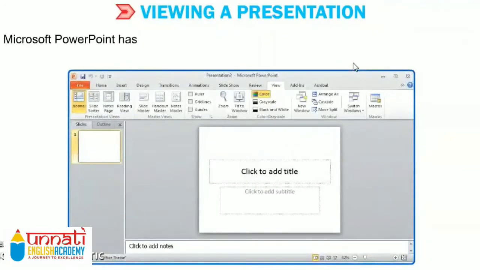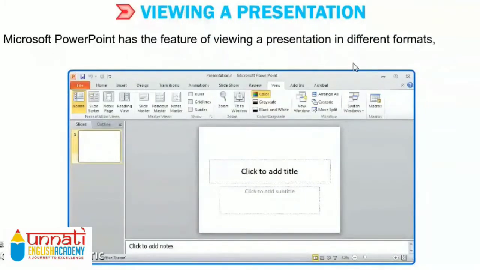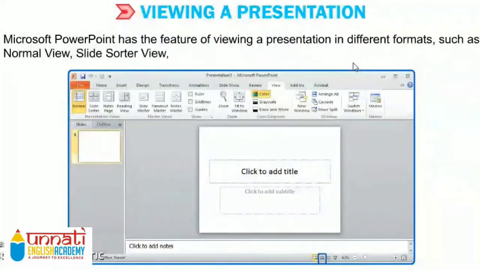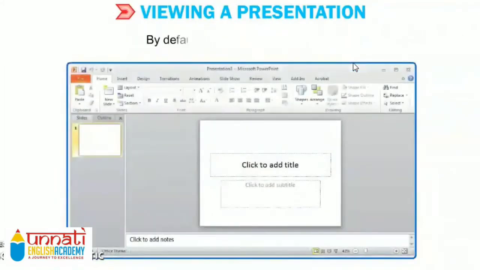Microsoft PowerPoint has the feature of viewing a presentation in different formats such as normal view, slide sorter view, notes page view, reading view, and slideshow view. But by default, when you work in PowerPoint, the default view is normal view as shown in figure.